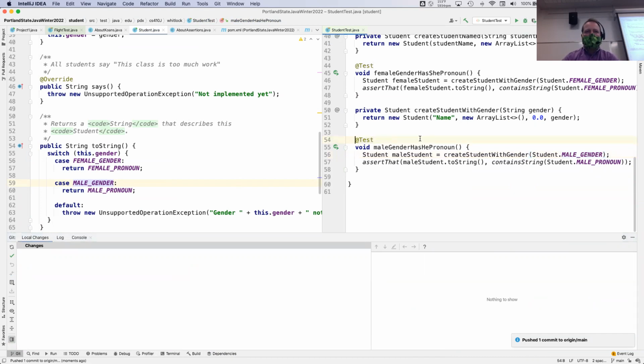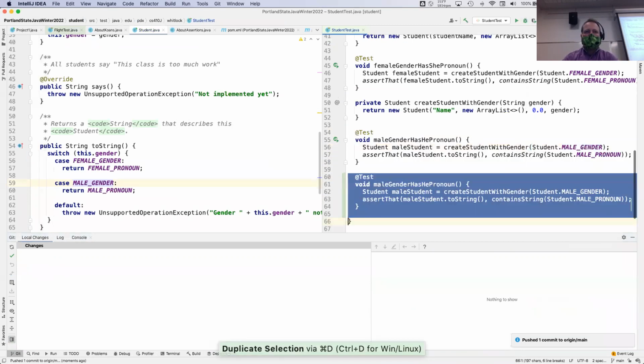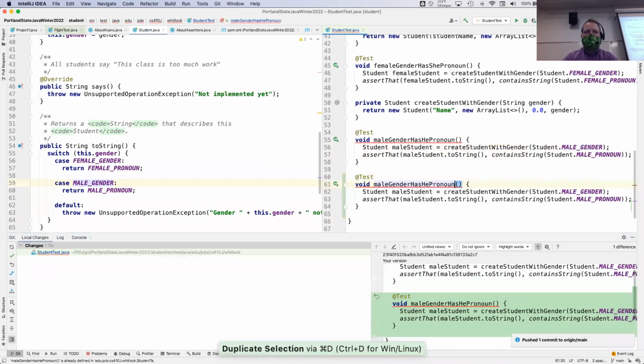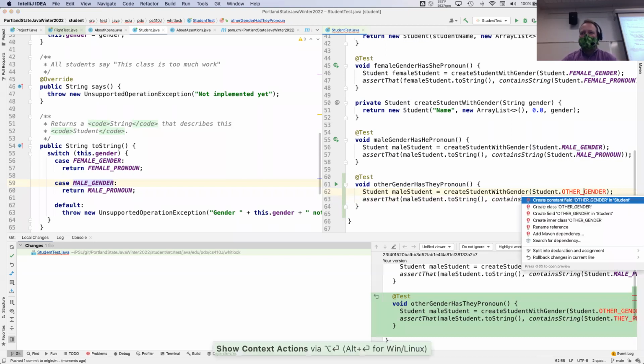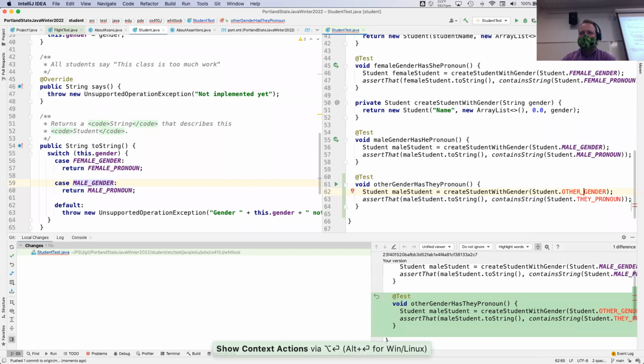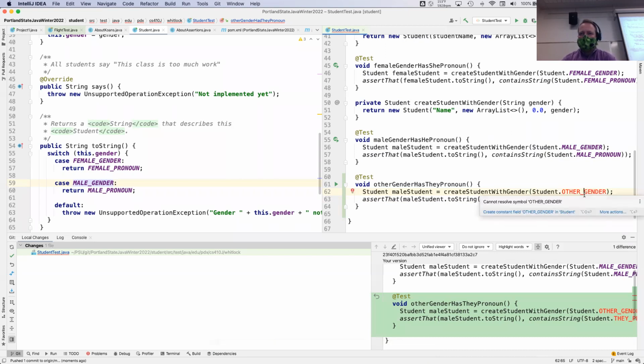Okay, now let's go to our other gender. Other gender has they pronoun. So now let's say other pronoun and other gender and they pronoun. So we will create, and sorry, I just hit option enter, which is